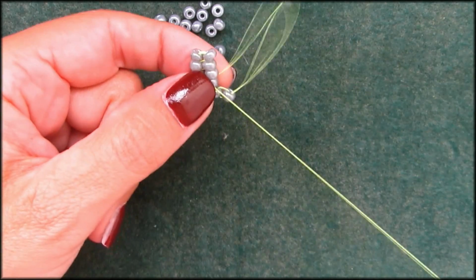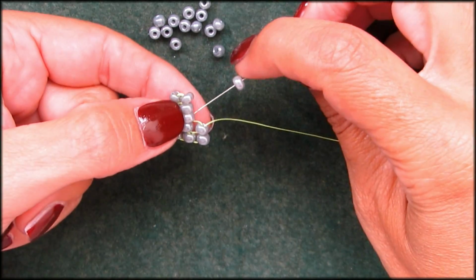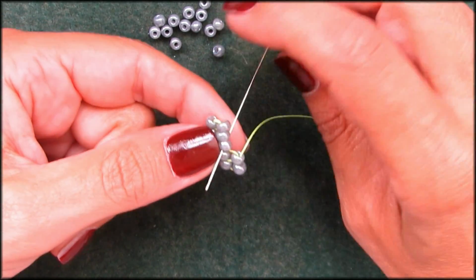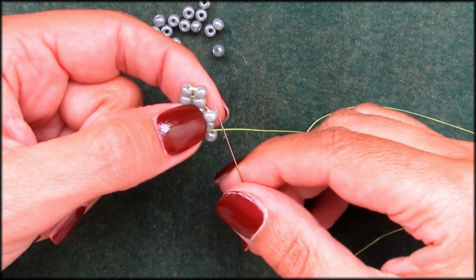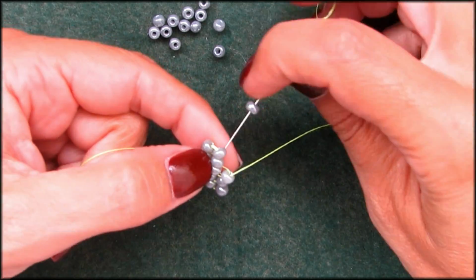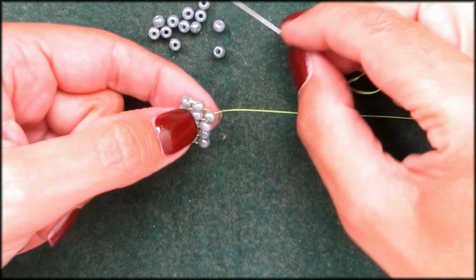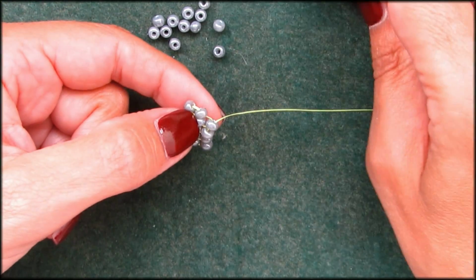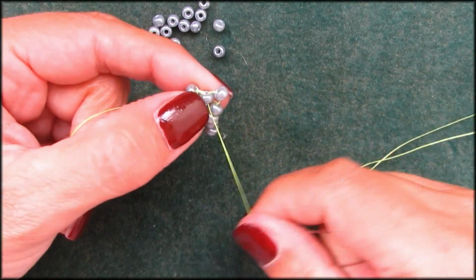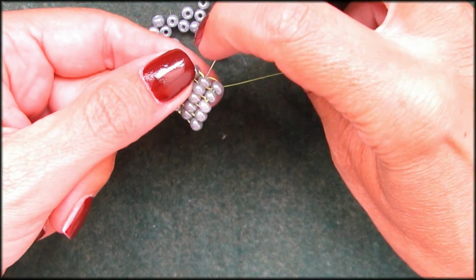In, and forward. In, and forward, in, and forward, in, and forward. And you can choose to go through row 2